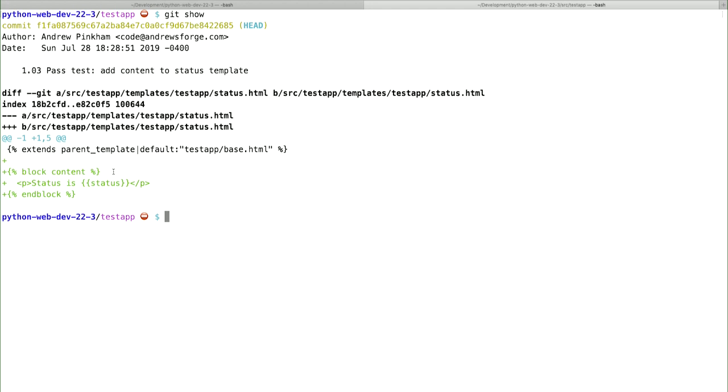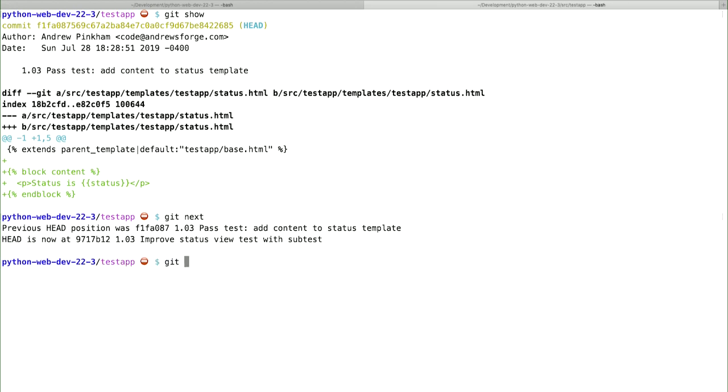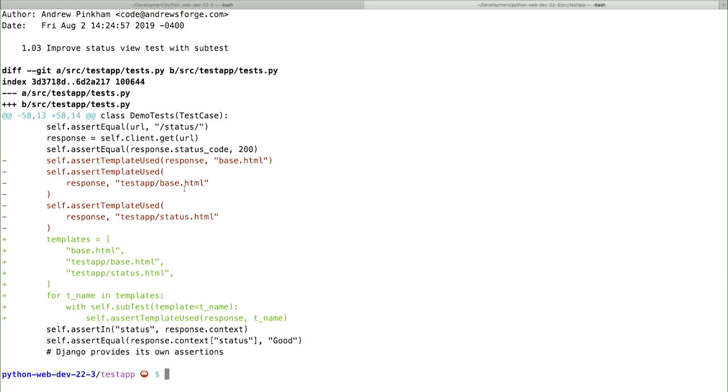Now, I would like to go ahead and refactor the test based on some of the stuff that we previously saw as we were going about it. So I'm just going to do git next and then git show. And you can see that the first thing I've done, as I mentioned, we want to do because it helps with our test output, is instead of running an assertion for each of the template used, or the templates that